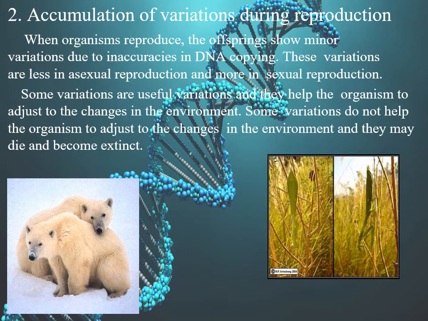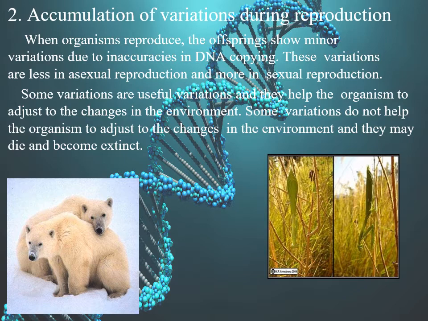The next topic is the accumulation of variation during reproduction. So we all know that all organisms reproduce. In the last chapter itself, chapter 8, how do organisms reproduce, we have learned about the different types of reproduction, in plants as well as in animals, unicellular as well as multicellular organisms. And when organisms reproduce, the offspring show minor variation in their progeny or the next young offspring,